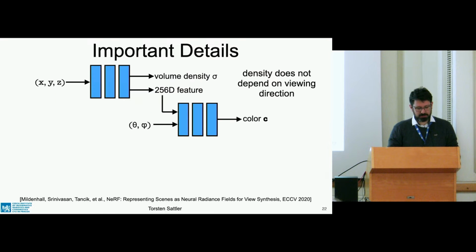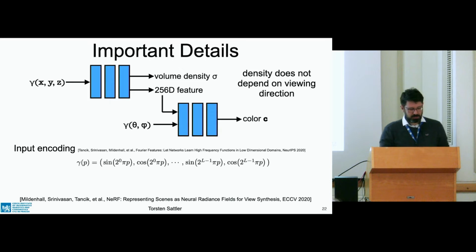It turns out that neural networks are not really good at predicting fine details if you give them just coordinates. But there's a simple trick where you, rather than giving the original XYZ coordinate, you lift them, you encode them into some higher dimensional space, and then feed them into the neural network. Same with the direction of